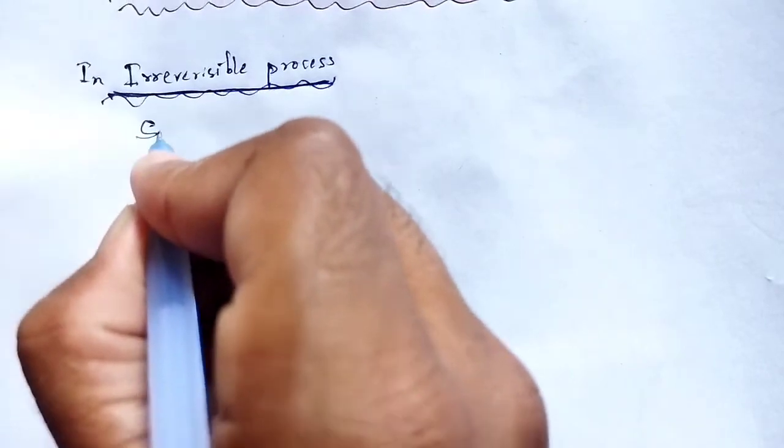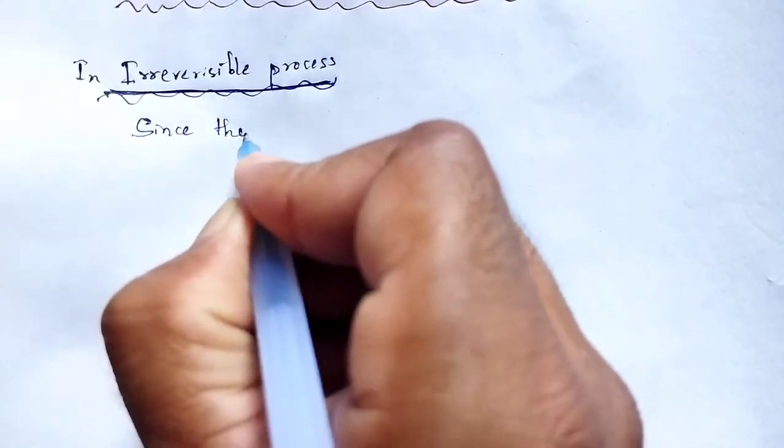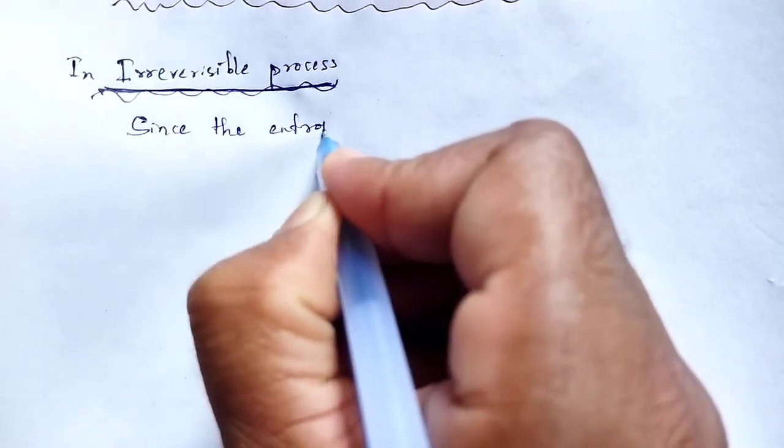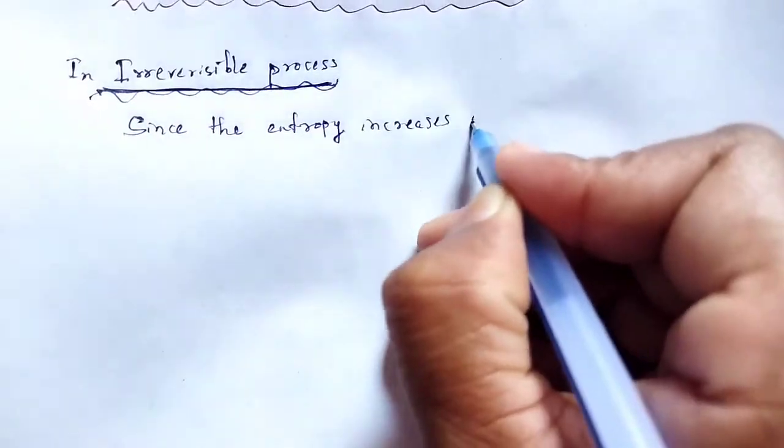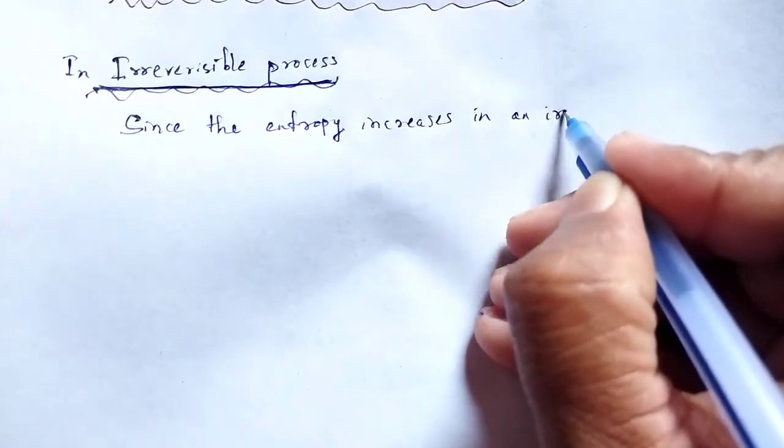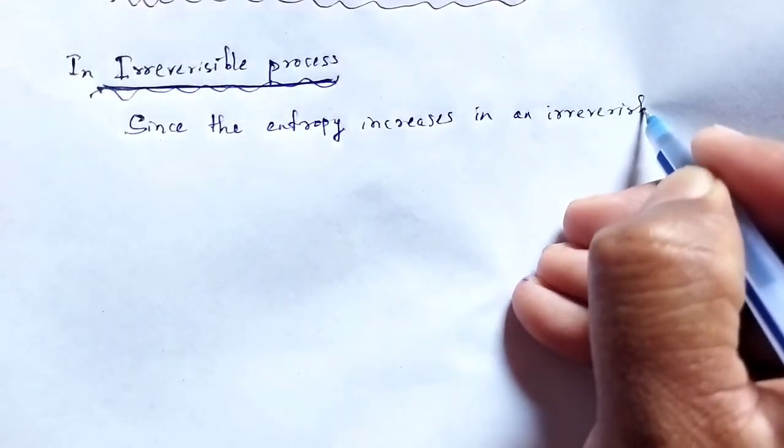We may think that absolute 0 can be achieved by an irreversible process. So, what we get, since the entropy increases in an irreversible process,